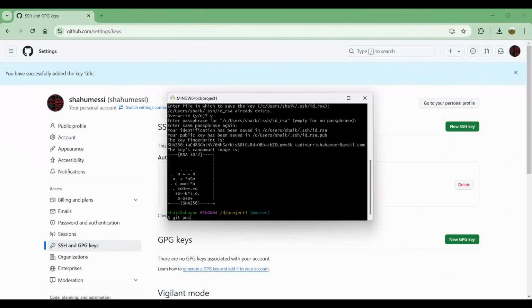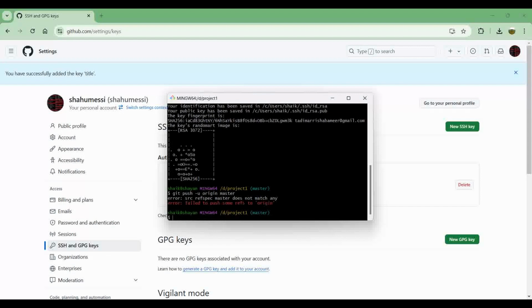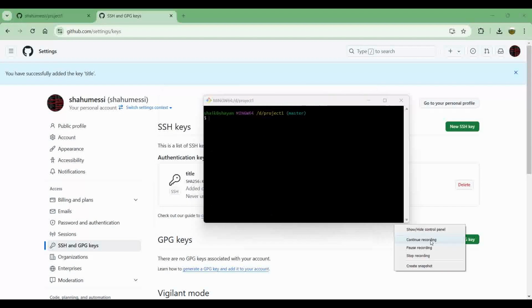git push -u origin master. You tend to get to see this because after you have done the git push -u,